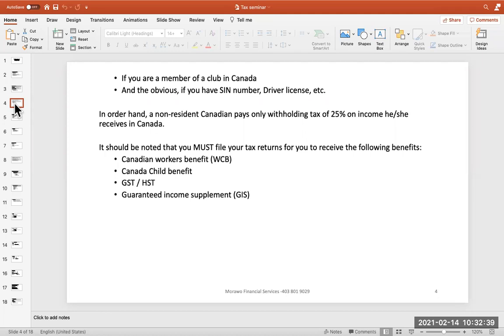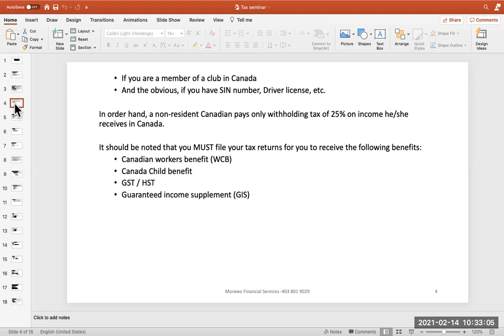While on the other hand, a non-resident Canadian pays only withholding tax of 25% on income he or she receives in Canada. If you are a non-resident, you have business in Canada, all you pay is 25% of whatever income you make from Canada. It should be noted, however, that you must file your tax returns for you to receive